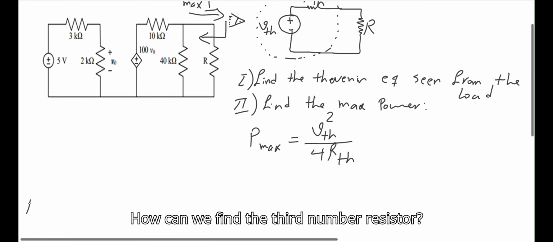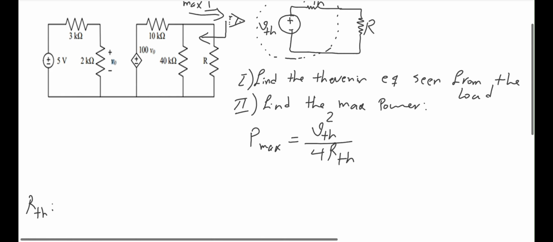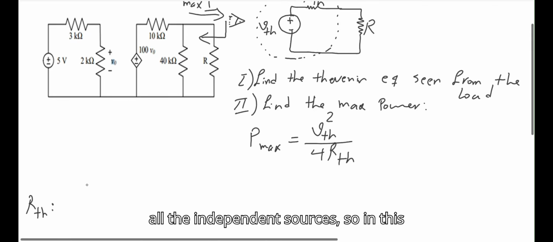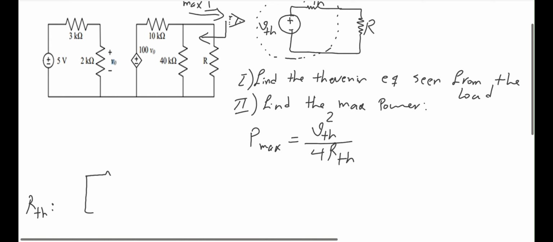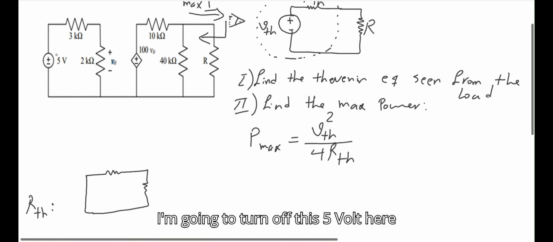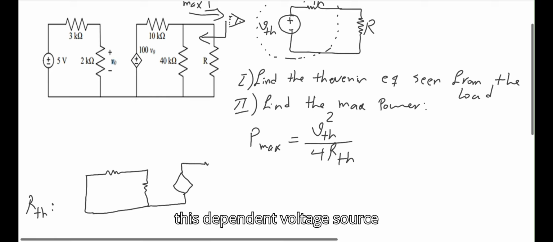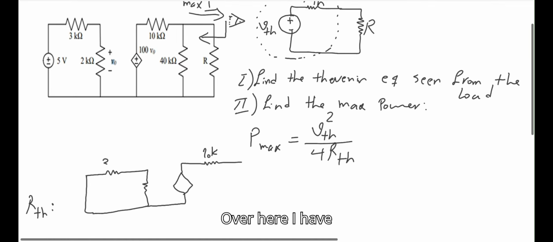How can we find the Thevenin resistor? We know that we should turn off all the independent sources. So in this case, I'm going to turn off this 5 volt here, which is a short circuit, and then I have this dependent voltage source in series with this 10K. Over here I have 3K and 2K resistors,